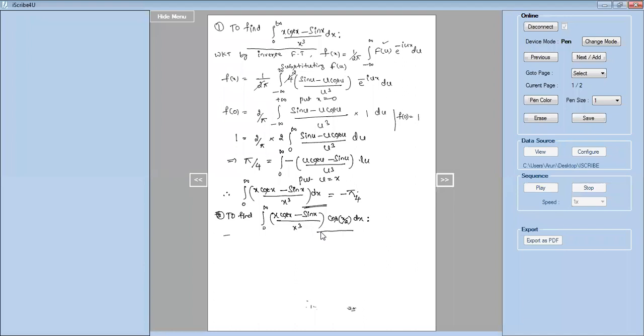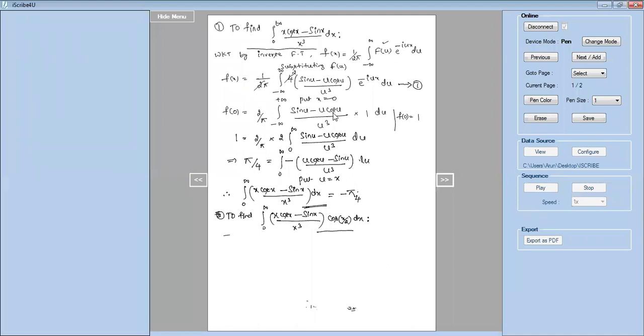Now what we have to do for this? It is again the same. I'll call this equation number 1. In this result, to get the value of the first integral, we substituted x is equal to 0 because e power is not there. But here there is some term, cos, or sometimes I may give sine also. In such cases, the e power term you have to retain. And what is the parameter we have? x by 2 means the coefficient of x is half. Sometimes I may ask x by 4, then the coefficient of x is 1 by 4, like that.